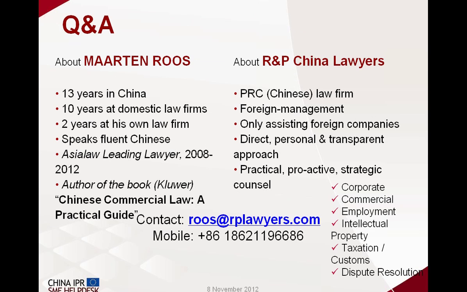I can give an example on copyright software infringement. We're working for a client in northern China, where the Copyright Bureau, the government department in charge of copyright, has investigated. They have found out that a company is infringing on our client's rights. They have contacted us and they say, can you take an action? Because we've got all the evidence, but we don't want to take the next step because it's a little bit sensitive. So this is an example where we wouldn't be able to do anything without them having taken the steps to find out what's going on, having evidence, having reports which can be accepted by a court of law on the infringement, on the size of the infringement, etc.